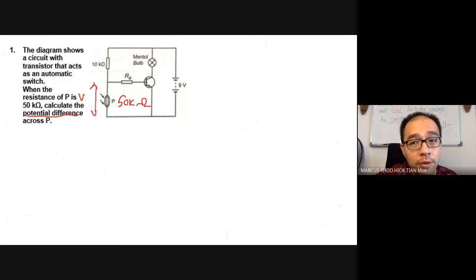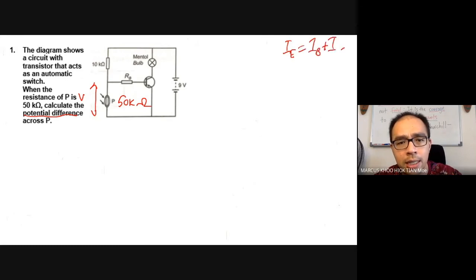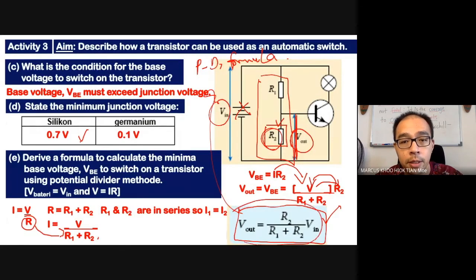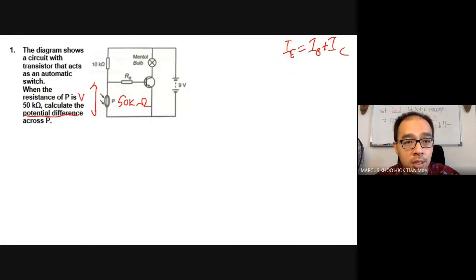Now there's only one formula in which the transistor circuit applies, besides the one where IE equals IB plus IC, which is very rarely used. But when we talk about potential divider circuit, we use this formula: the base voltage equals R2 over R1 plus R2 times the input voltage. So we can do the same thing here. The base voltage is the potential difference across P. So the base voltage equals 50,000 over 10,000 plus 50,000